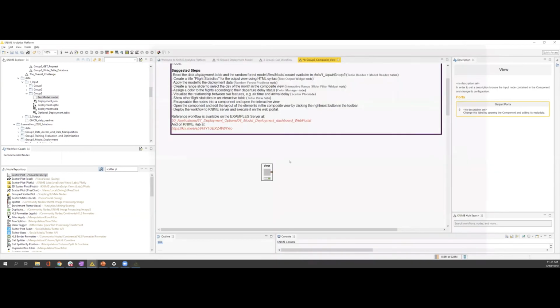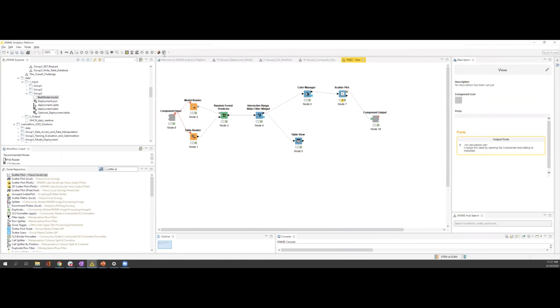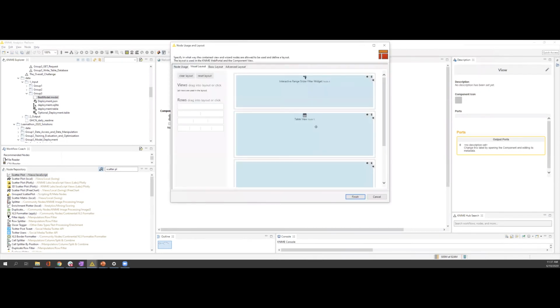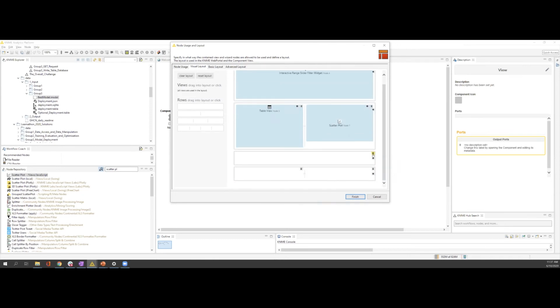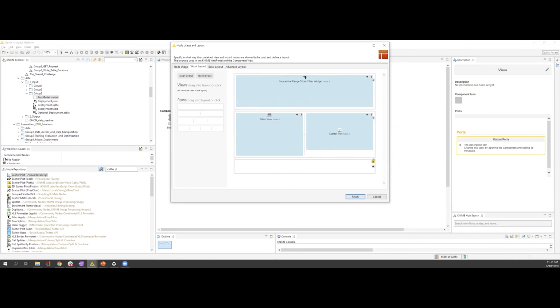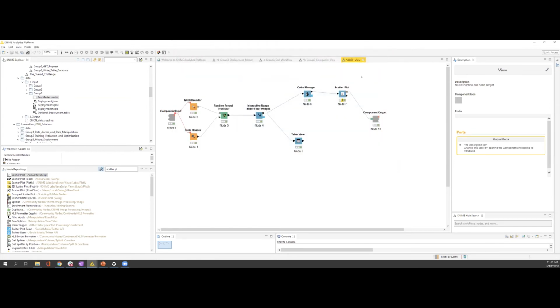plot. We can actually change this layout by going into the component, then clicking this dialog available here on top of the toolbar, and then we can change this, for example, with drag and drop. We can just do this and maybe put the table on the left side, and then move the scatter plot on the right side, and we can remove the other boxes here. Okay, so if we now click finish and